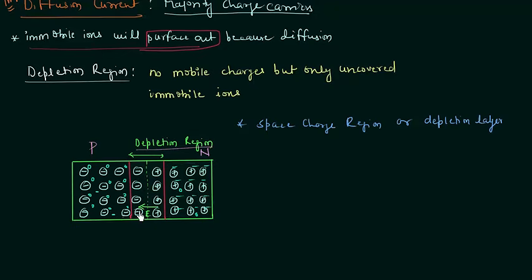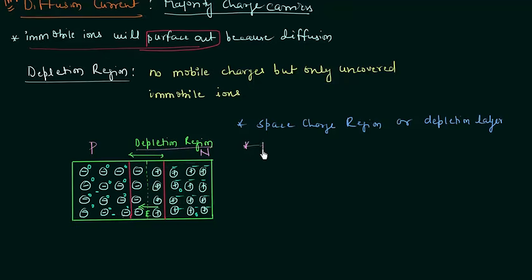As I have already told you, an electric field develops because of the potential difference, and due to this electric field there is no further movement of charge carriers, because this positive layer will repel the holes. A hole is equivalent to a positive charge, so this positive layer repels the holes, and in the same way this negative layer repels the electrons from the N side. So the width of the depletion region is fixed, and this potential acts as a barrier to the movement of holes and electrons. It is a barrier for the further movement of free charge carriers. We call it barrier potential,